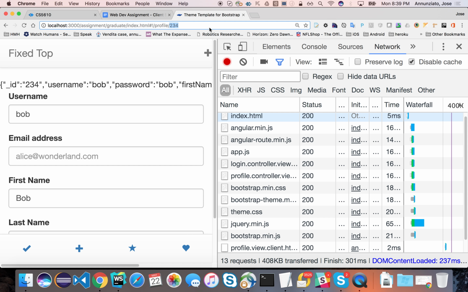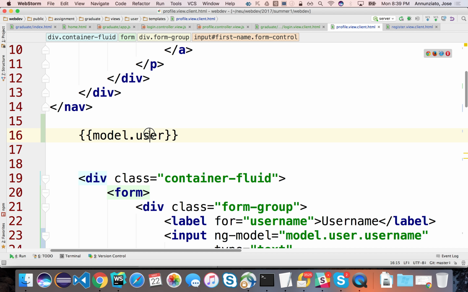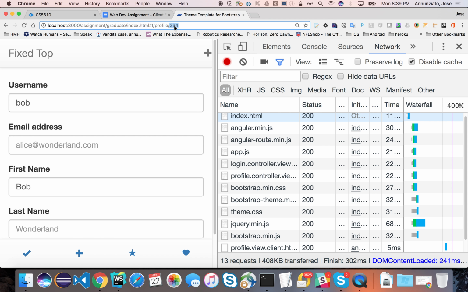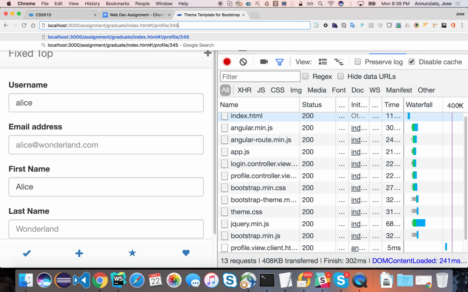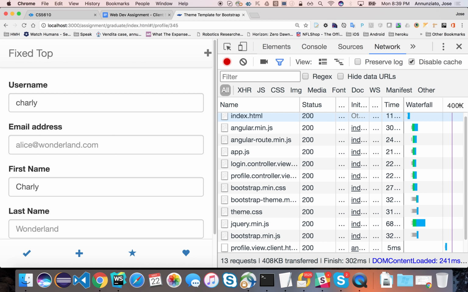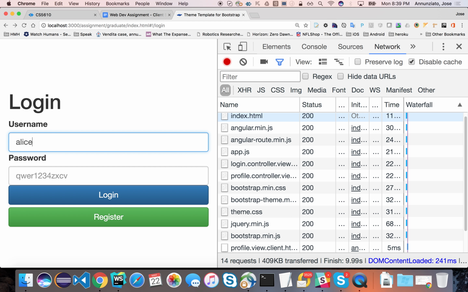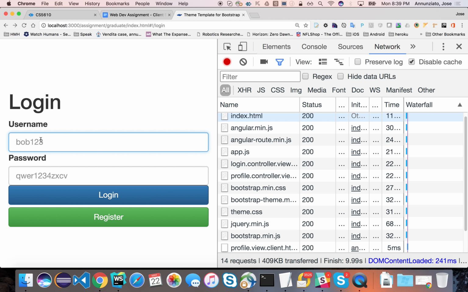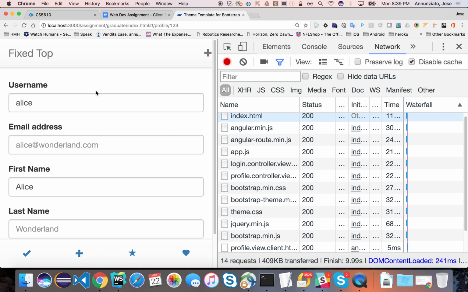And we can also now remove this here. There's Bob, or Alice, or Charlie. Everybody okay? So this now should work. If I log in as Bob, I see Bob. If I log in as Alice, I see Alice, and so on and so forth. Everybody okay? All right. Okay. So let's close